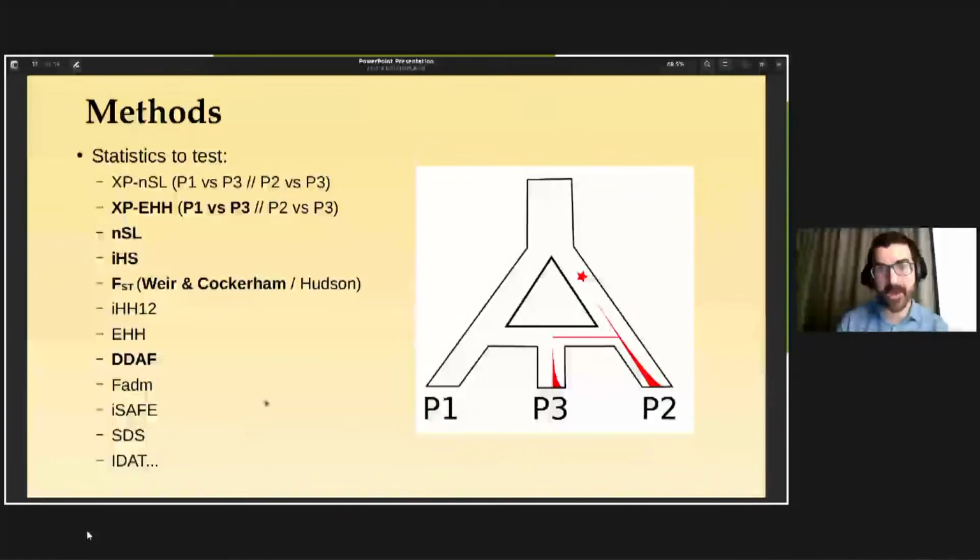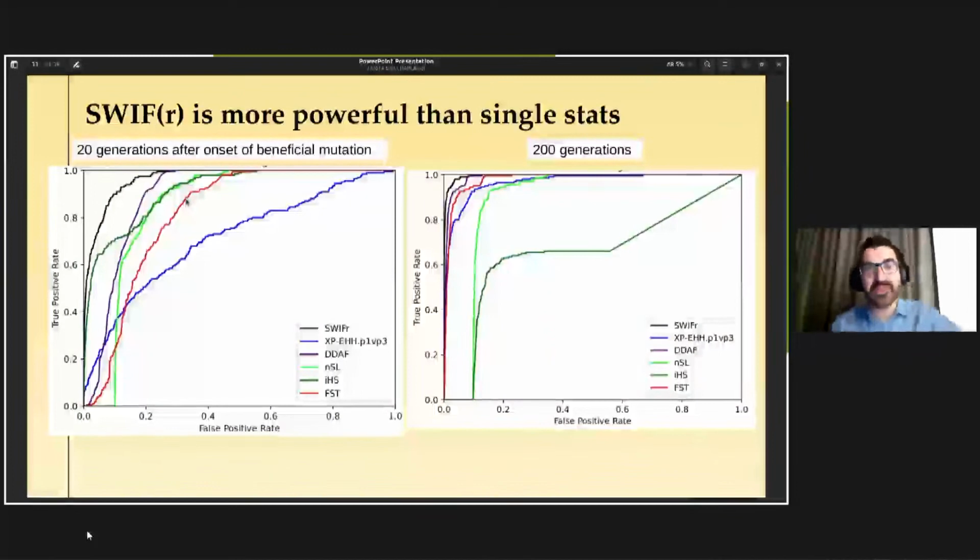So right now, I've been working with these 5 statistics, but I'm expanding the model to use more. And I've seen that SWIFR is more powerful than single statistics. That's something that we knew from before, but it also happens in scenarios where we have a mixture. As we said, iHS is one of the most used statistics in studies of wild species, and also FST. You can see the power of FST here, and also EHH here. But SWIFR is learning from all those statistics at once, and it's providing much better evidence